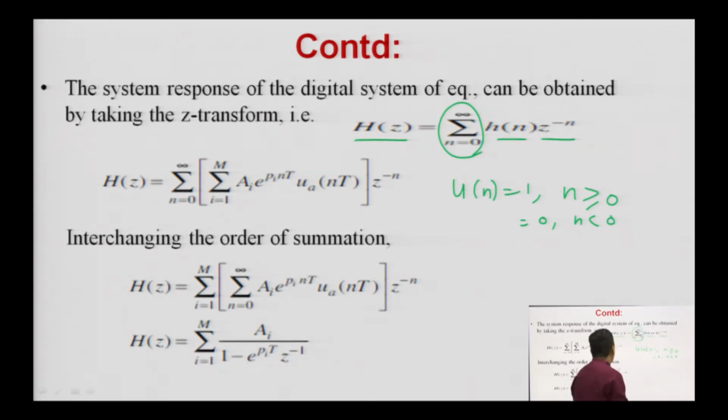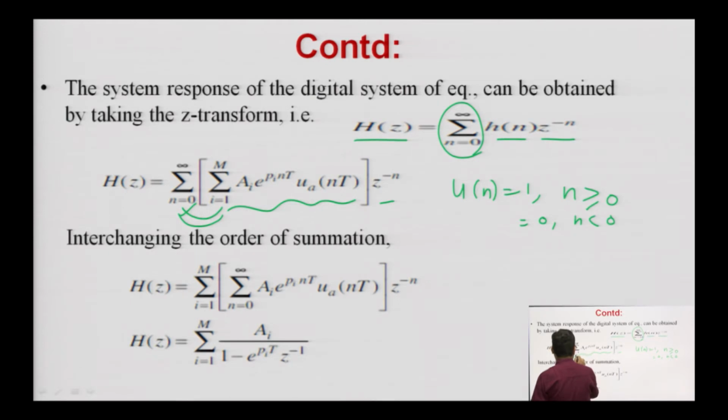So, now you are taking the z transform. If you take the z transform, it will be summation n from 0 to infinity, and this is the value of h of n that you got in my previous part, into z to the power minus n. Now, you have to apply the formula here. So, you have to change the order of summation here. Okay. Order of summation here, it means this will go here and that will go there. So, what will it be?